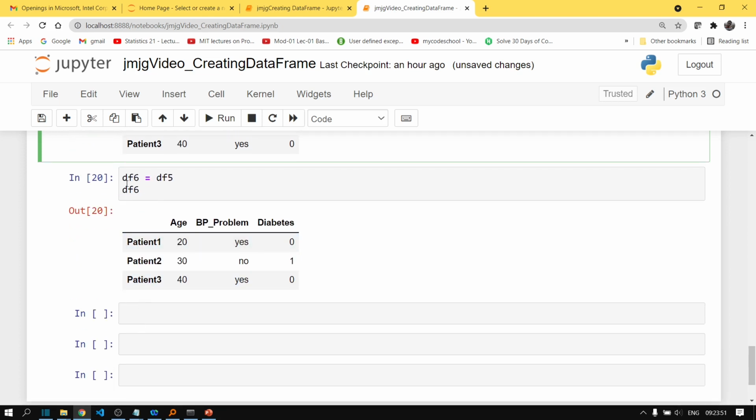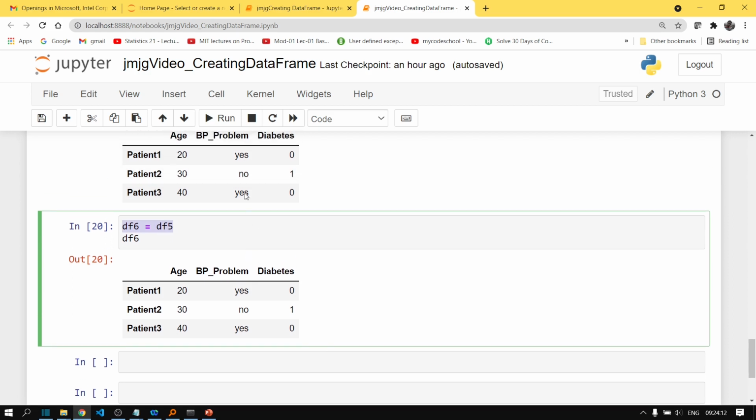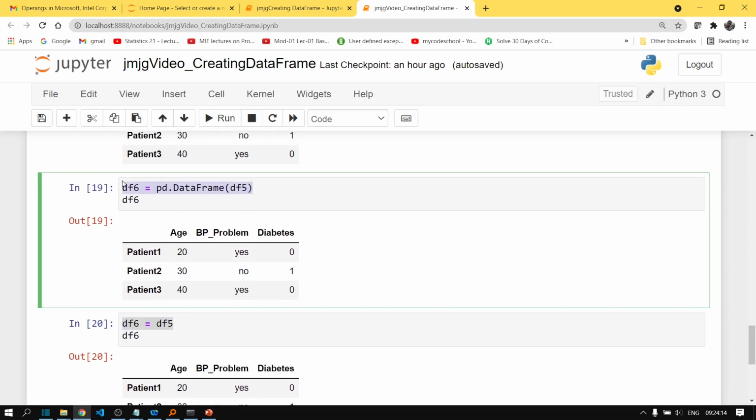Now if you do it like this, it does not create any new object, or any new data frame. It simply creates a new reference called df6, and that df6 reference also starts pointing to the same memory location where the df5 object is pointing. So this is basically shallow copy and this is deep copy. Understood?